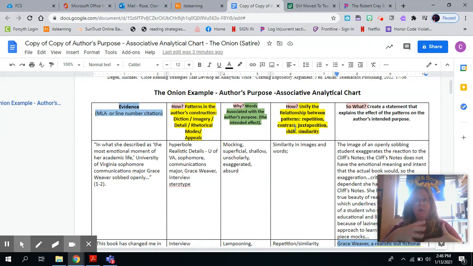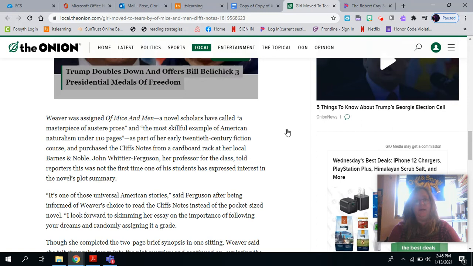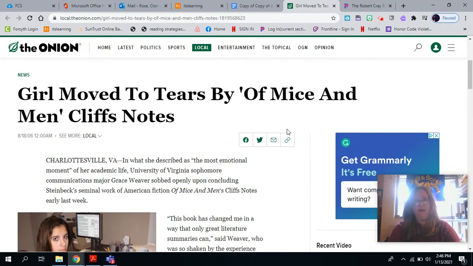So I wanted to walk you through this a little bit and show you a couple that I did, so that you maybe can look at your work and assess whether or not you're going in the right direction. The first thing you really need to know is, what is this Onion article actually satirizing? What is the thing that's being criticized? I don't want to necessarily give you that answer, but I think the chart does in ways.